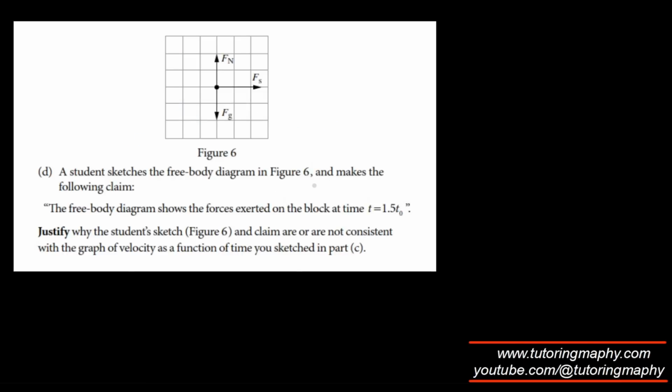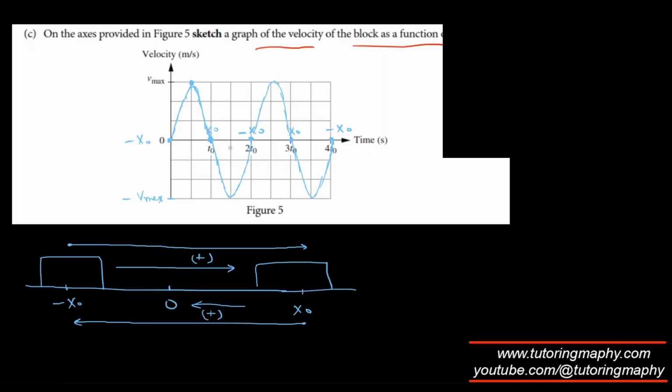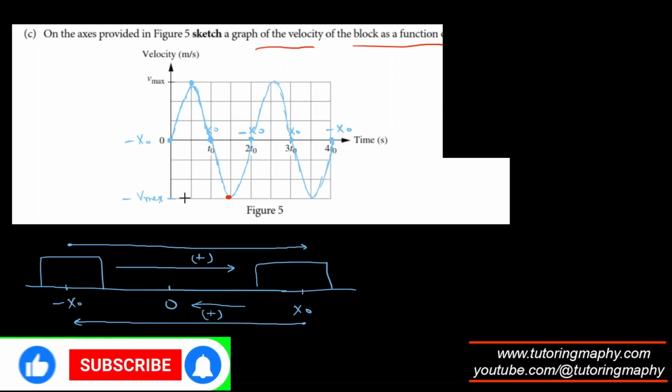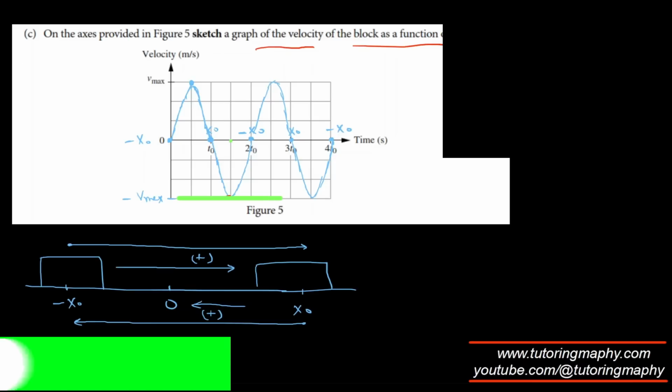A student sketches the free body diagram in figure 6 and makes the following claim. The free body diagram shows the force exerted on the block at t equal to 1.5 t naught. And they are asking that justify why this is not consistent with the graph of velocity as a function of time. Because the velocity as a function of time at 1.5 is giving me minus V max, right? And as I can see that the slope of the velocity time curve gives the acceleration. And if I draw a tangent, the slope of the tangent gives the acceleration. And if I draw a tangent at 1.5 t naught, which is right here,